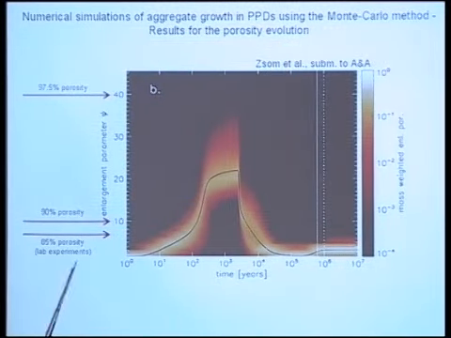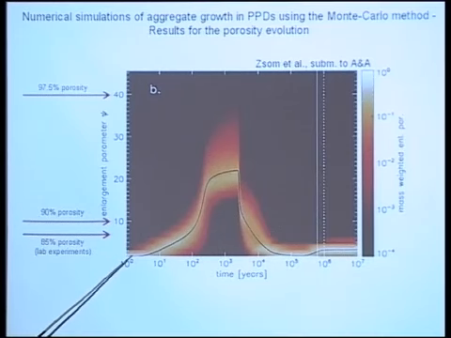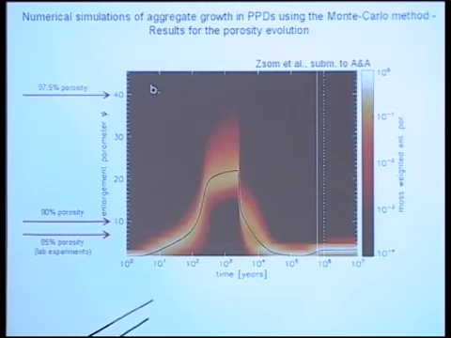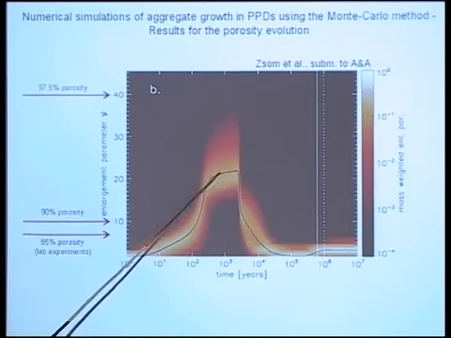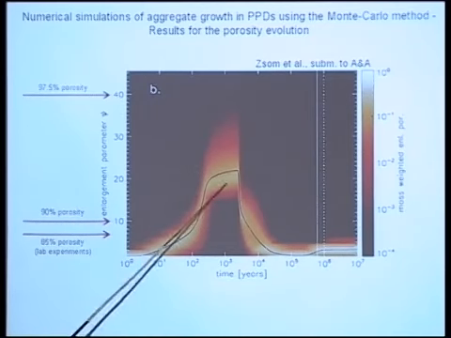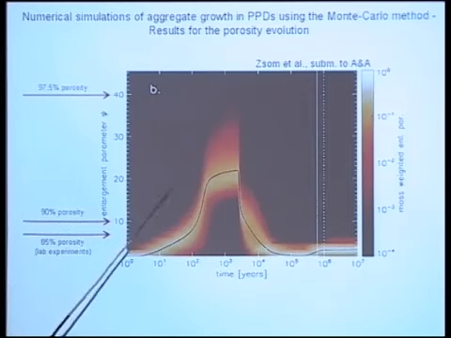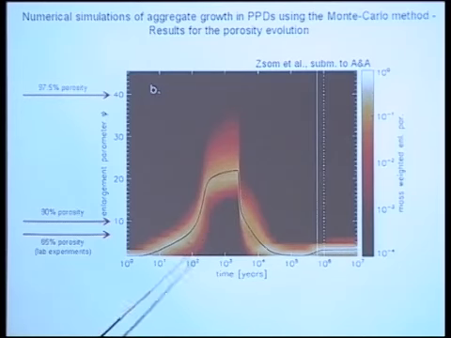Okay, next plot is the porosity plot. So this is the enlargement parameter. The inverse of that is the filling factor. So we start with the monomers. They are by definition compact. In the first 100 years, it gets very, very fluffy. So enlargement parameter is 20. So that means 95% porosity. And then due to the bouncing with compaction, the porosity goes down again. And then it stabilizes at rather dense material packing.